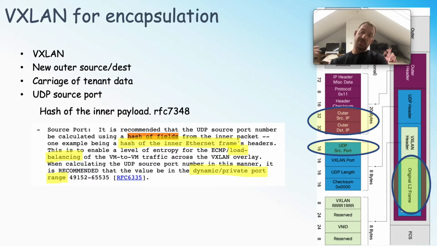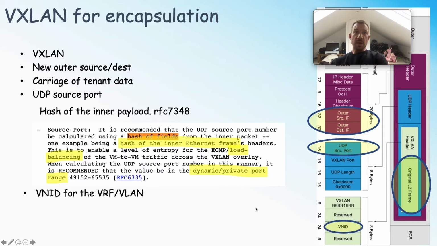If the packet's traversing the core, we do a hash on the UDP source destination port and the outer destination IPs, and it's just going to go across the same link and polarize that link. By doing a hash, we get a bit more entropy,